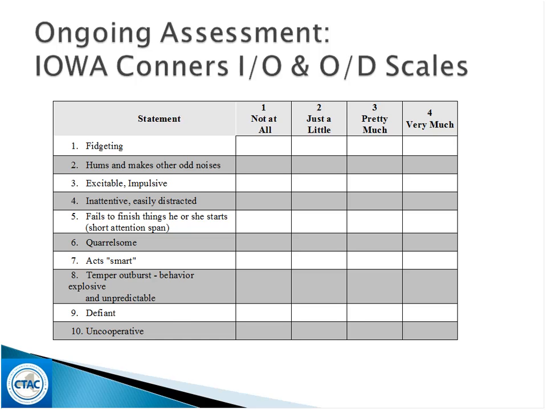It's going to be important to either utilize a standardized, psychometrically validated measure, and we're highlighting here the Iowa Connors scale, but there are plenty of others, or more personalized measures such as the top problems, and again, to do so in a collaborative manner. I'm going to talk about top problems in the next slide. So here's the Iowa Connors.